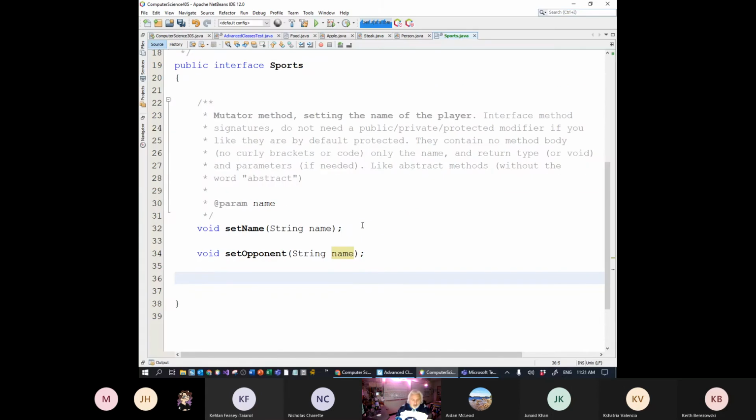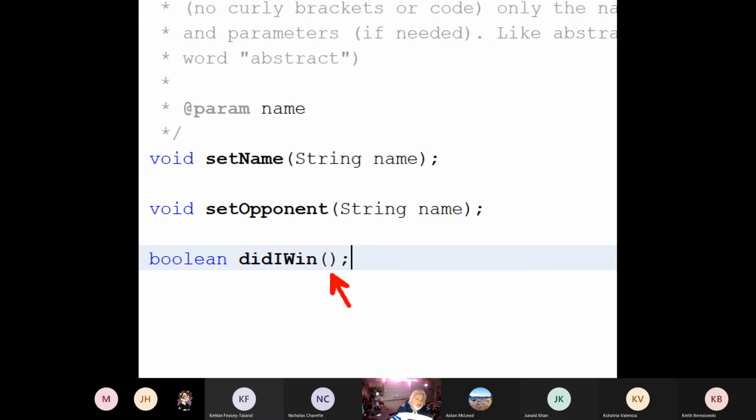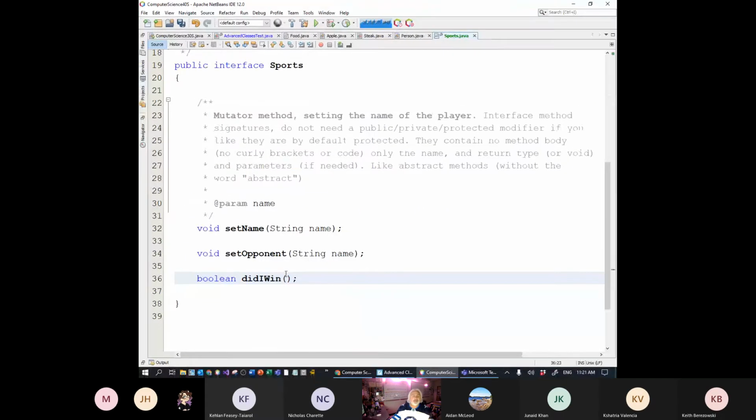And then we're going to do one more method signature, Boolean. So this one will return a value. Did I win? So this will have no parameters, but it will return something to us. Did I win this particular sport? Because that's what sport is, right? Either you win or lose. So yes or no, did I win? And that's